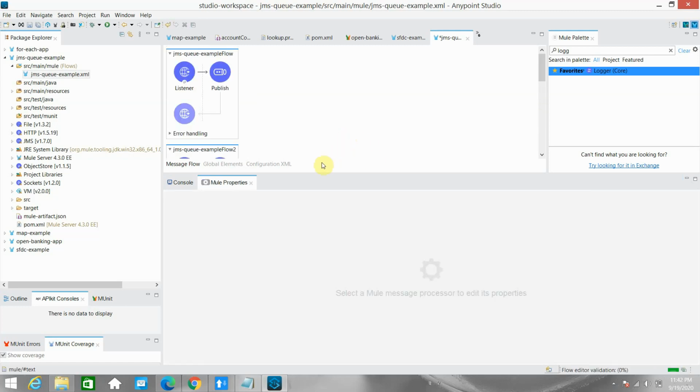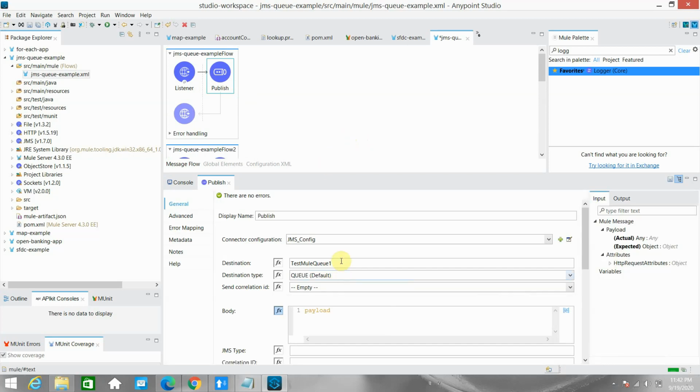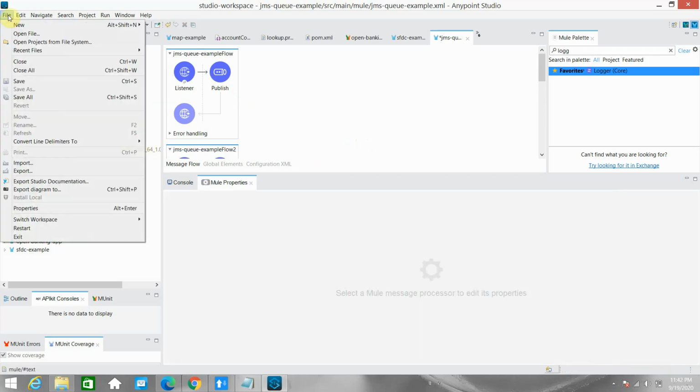and I want to change the name in this publish also, so I will push the message to this test queue 1. So now I have two listeners listening to the test queue, whereas one producer will send the message to the test queue.